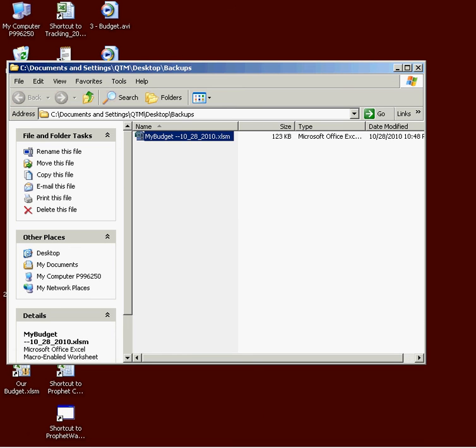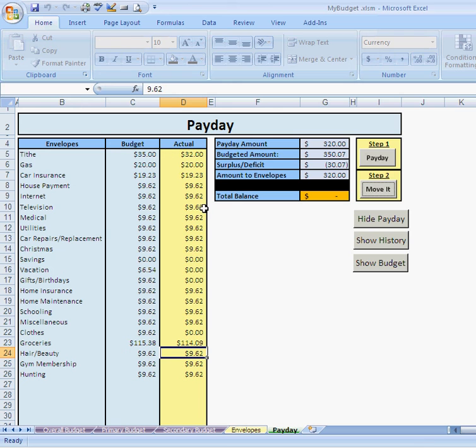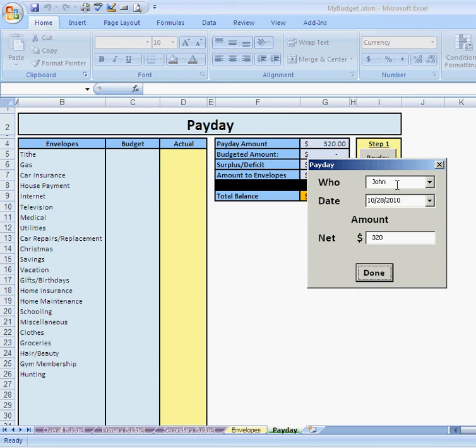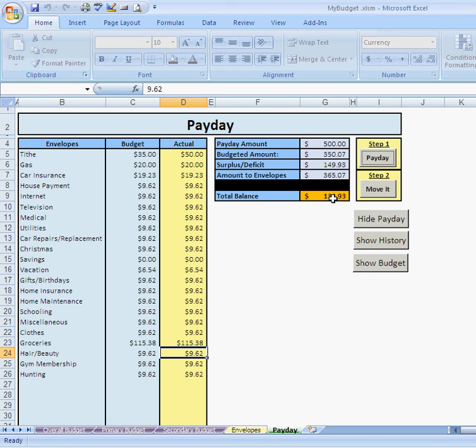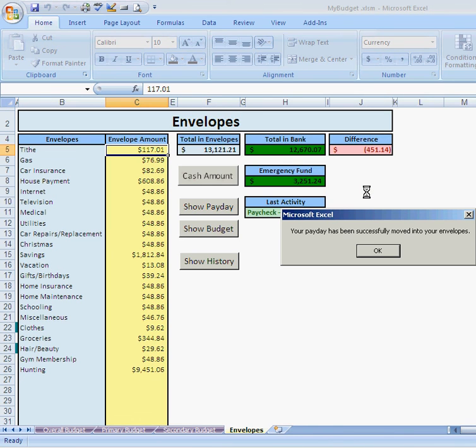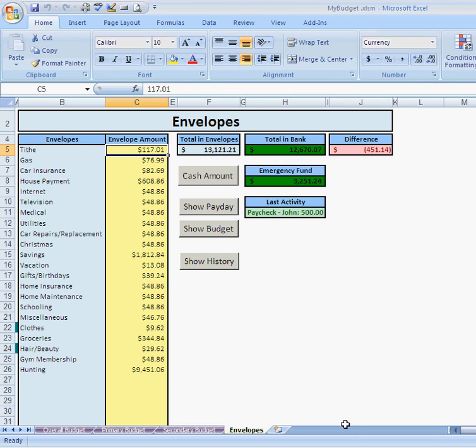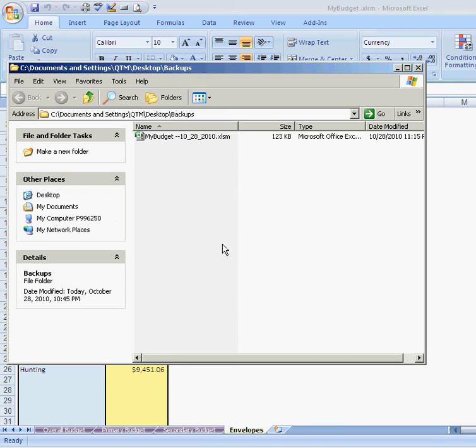So if I open my budget back up and do another payday, let me just do another quick one here for $500. Again, I have a total balance of $134, so let's move that all to savings. $134.93. My total balance is 0, so I'm good. I'm going to click move it. It's successful. If I look in this backups folder,